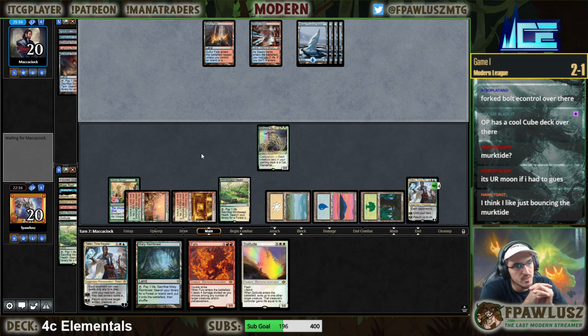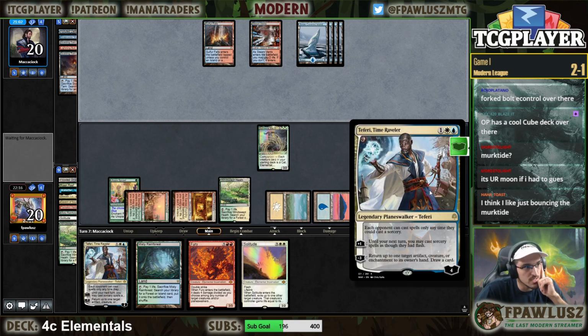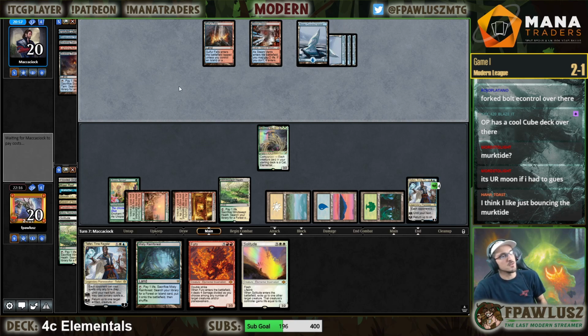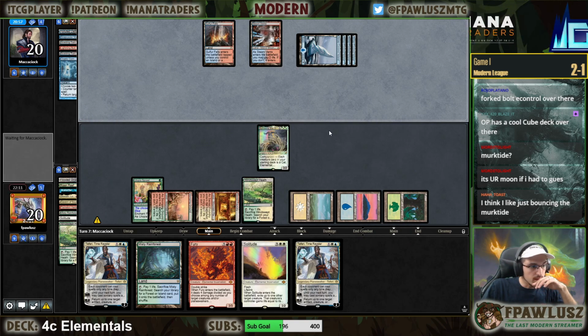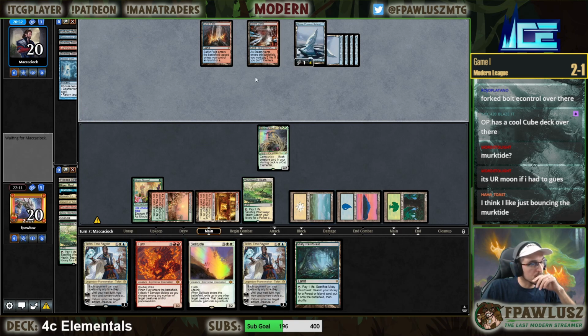I like just bouncing the Murktide. I don't think so, because if I bounce the Murktide, then my Teferi just dies to a Lightning Bolt, right? Which my opponent did have, so obviously my land was better. This is why I'm winning the game, right? My opponent's hand is probably like 2 counterspells, or like Counterspell, Force of Negation or something, and they're just forced into doing this. Which is fine now, because we have another copy, but...